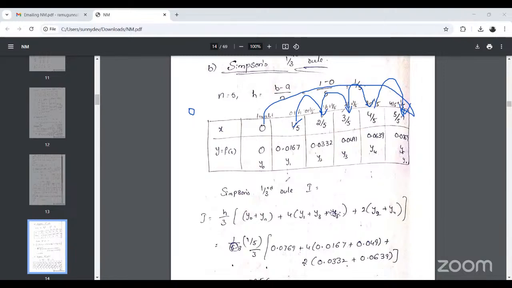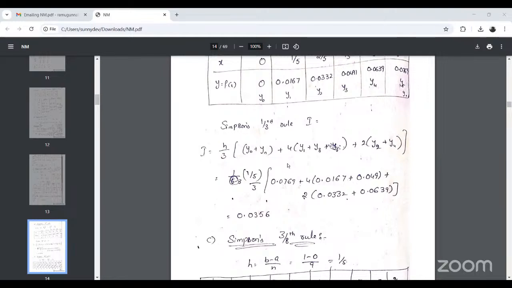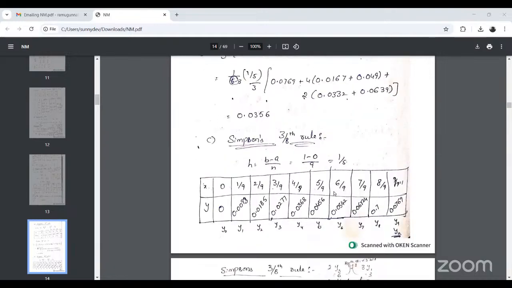Now Simpson 1/3. What does Simpson 1/3 mean? h by 3 times the first term plus last term, and 2 into even terms and 4 into odd terms. So this is 2 into even terms, and plus 4 into odd terms. So that is 1 by 3, 0.0769 plus 4 into this, we can get. Now come to Simpson 3/8. So 3/8 means then we are getting